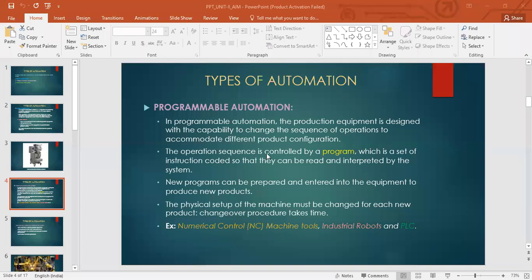Programmable automation, because this type of automation is important from your exam point of view. Is that clear, or do we have doubts? Does anyone have doubts?